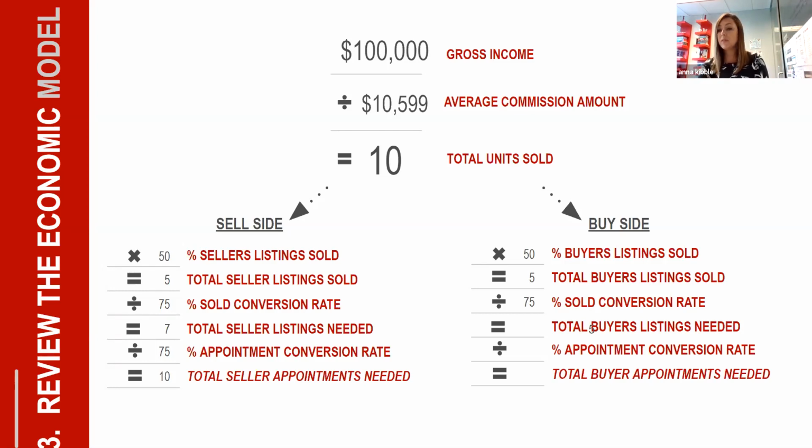If 3/4 of the time when you're working with a buyer, they make it to the closing table, so they find their home, they win out in the competition, everything goes great in inspection and appraisal, and they didn't go buy a car right before closing and mess up their chances of purchasing a home this year, then you're going to need to work with 7 buyers this year.